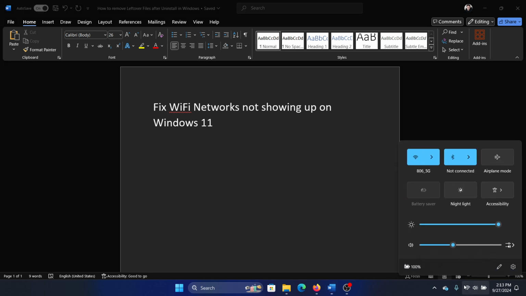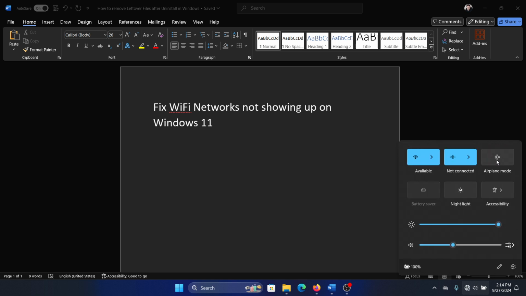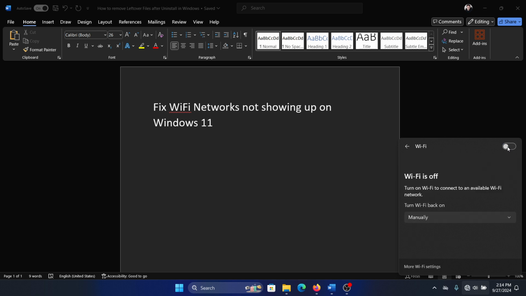Now, here's the thing. First of all, check if the airplane mode is enabled, because if it is enabled, as you can see, no Wi-Fi network will show up. So disable the airplane mode before anything else. And then you'll have to wait for a while, because it needs a while to replicate all of these options. And then make sure that the Wi-Fi switch is also on, because if the Wi-Fi switch is off, then no